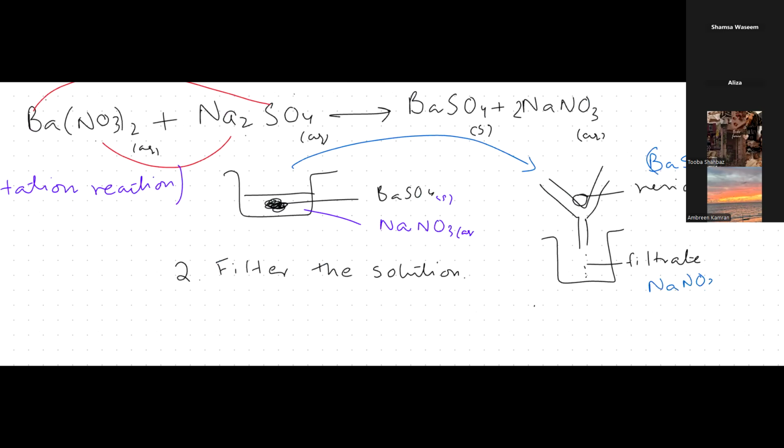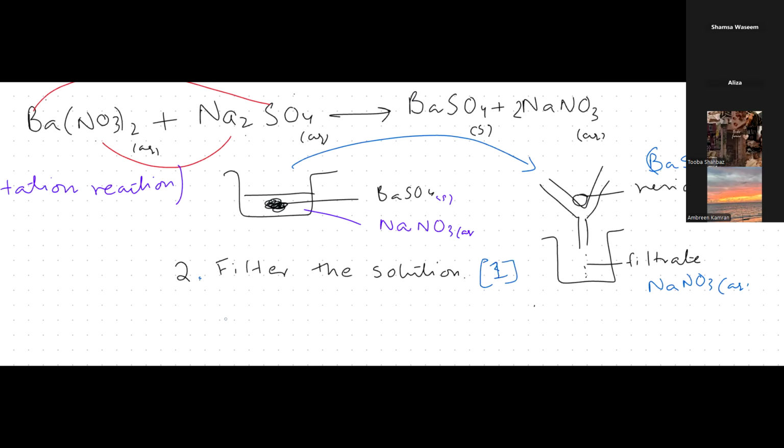Now you are going to filter the solution. Look, in an insoluble salt you don't do heating. Heating or crystallization is done to make a soluble salt. This is a common error, the poor innocent children: in an insoluble salt also they heat. We don't have to heat in an insoluble salt. Mix two salt solutions, then filter the solution. That's going to be the third marking point, and like 2 marking points were in the first statement.